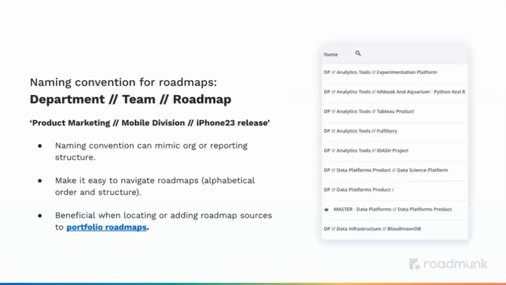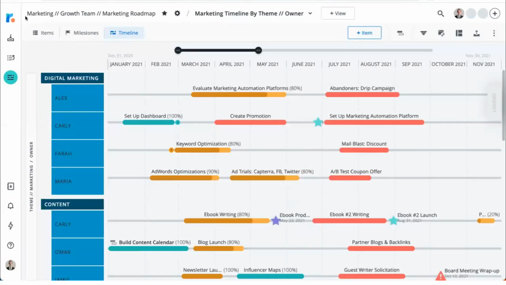So you'll see within this example here that we have it sorted by department, team, and roadmap. And what this means is you're setting a naming convention on your team, agreeing on those processes that everyone's going to follow when they're naming their roadmaps. So you'll see here, if I go back to my roadmap, I called my roadmap marketing, growth team, and marketing roadmap. So this is a really useful set of governance to follow, because if I'm going to export this data based on the name of the roadmap, it's going to be a little more clear what I'm trying to show